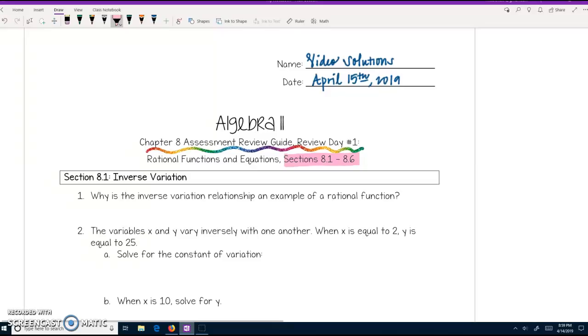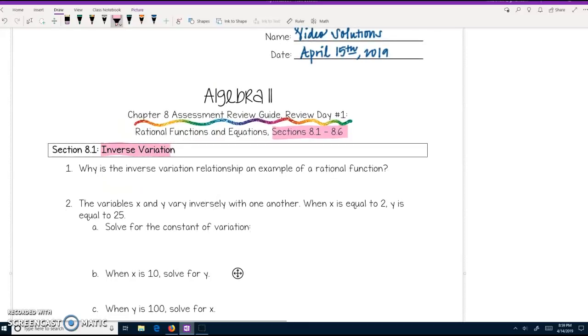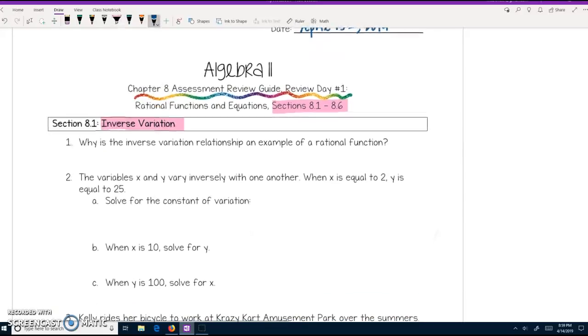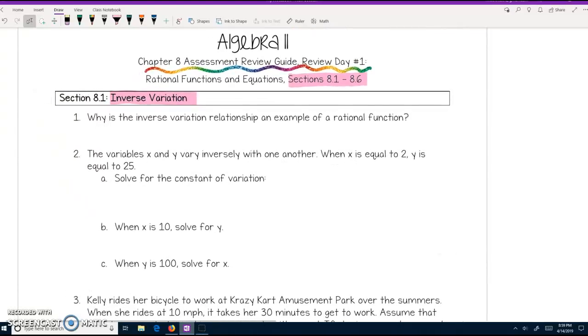So the first section that we covered in this unit was section 8.1, and that dealt with inverse variation relationships. So the first question on your review guide asks, why is the inverse variation equation an example of a rational function? So if you think about inverse variation, you're always using this equation, y equals k over x, where k